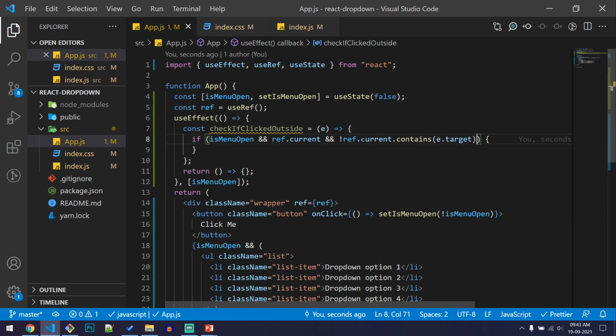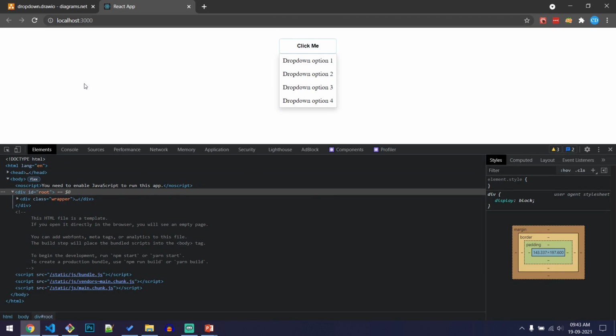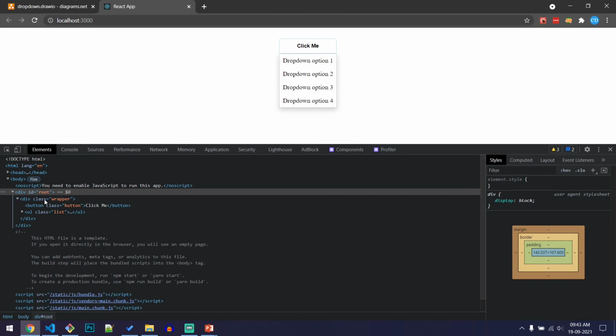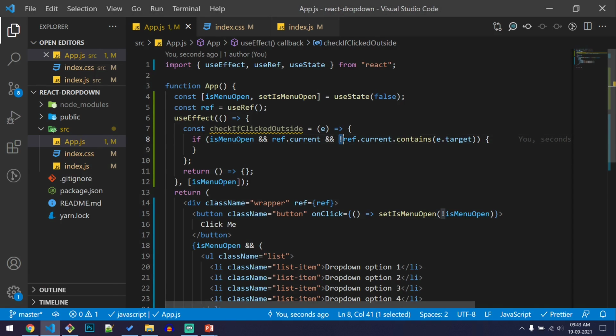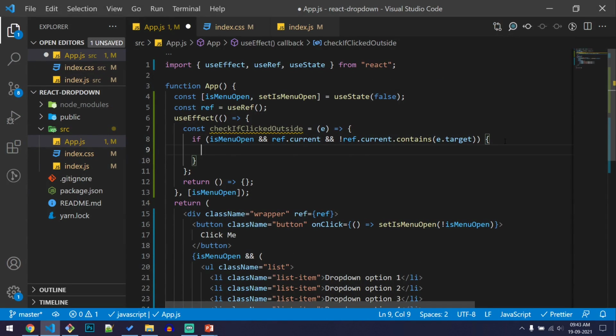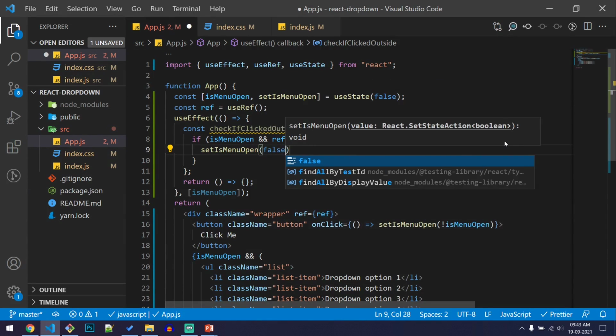That is nothing but we are checking whether the click target is within this wrapper or not. If it is not, that's why we have added this not condition. If it is not, then we will be closing the menu. So we'll call setIsMenuOpen to false.